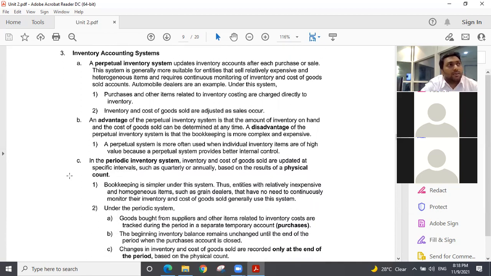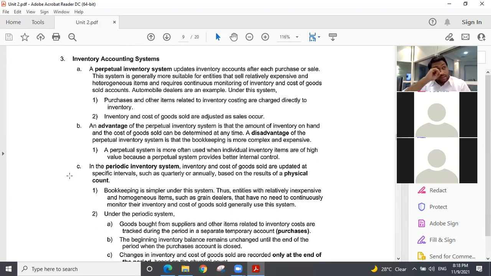Next comes the inventory accounting system. In the inventory accounting system, for example, when you record your purchase or sale itself, you are having an entry in the back end which is hitting your cost of goods sold. Then we can call it a perpetual inventory system. Or you just do sales and you just do purchase, and at the year end you take the inventory calculation. Other than stock taking, you will not know what is your real inventory. Then you are following the periodic inventory system.